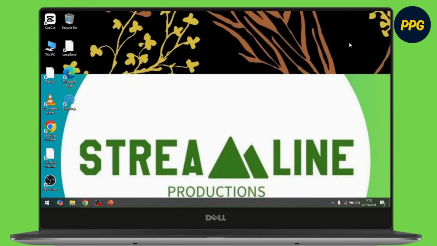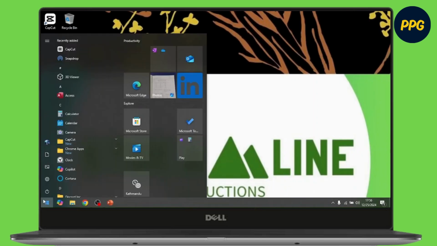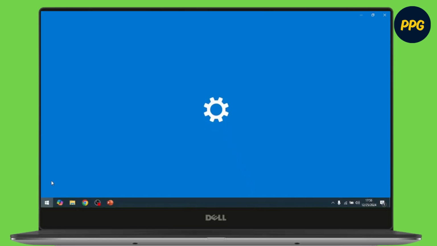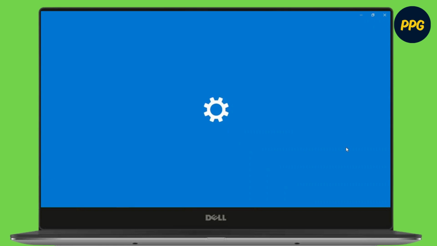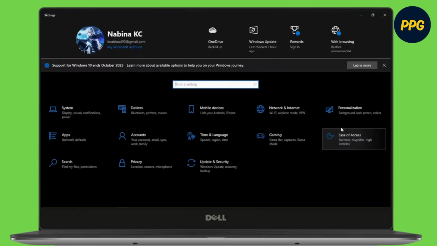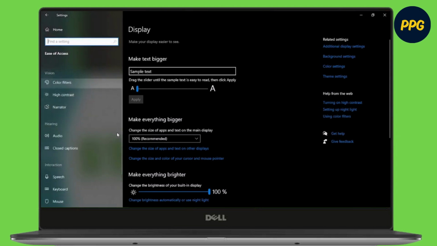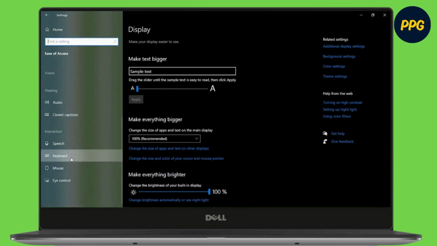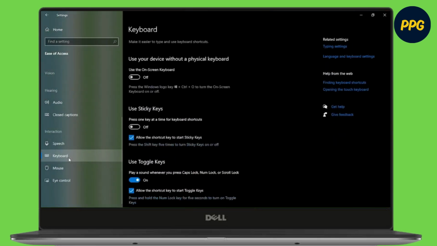So to enable your on-screen keyboard, you have to just navigate to your start option. Once you are on your start option, navigate to your setting. Once you are on your setting, here you have to just go for your ease of access. Once you are on your ease of access, scroll down and go for your keyboard option. So once you are on your keyboard option here,